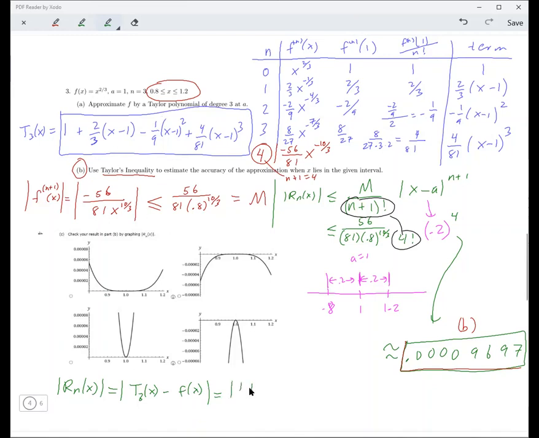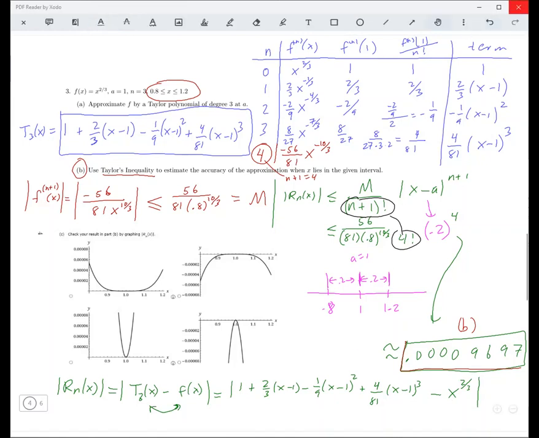So anyway, I'm going to write that out. Actually, it's the other way around. It's the function minus the Taylor polynomial. That's what your error is. Your error is actually the other way around. But it's going to be easier if we just put the Taylor polynomial and then subtract the function rather than have to put sign changes on all of these. So, let's go ahead and